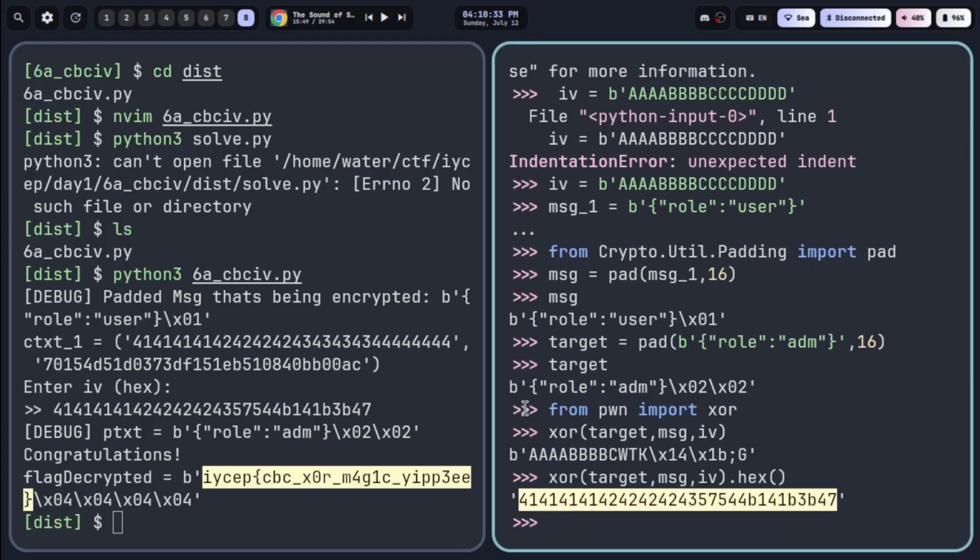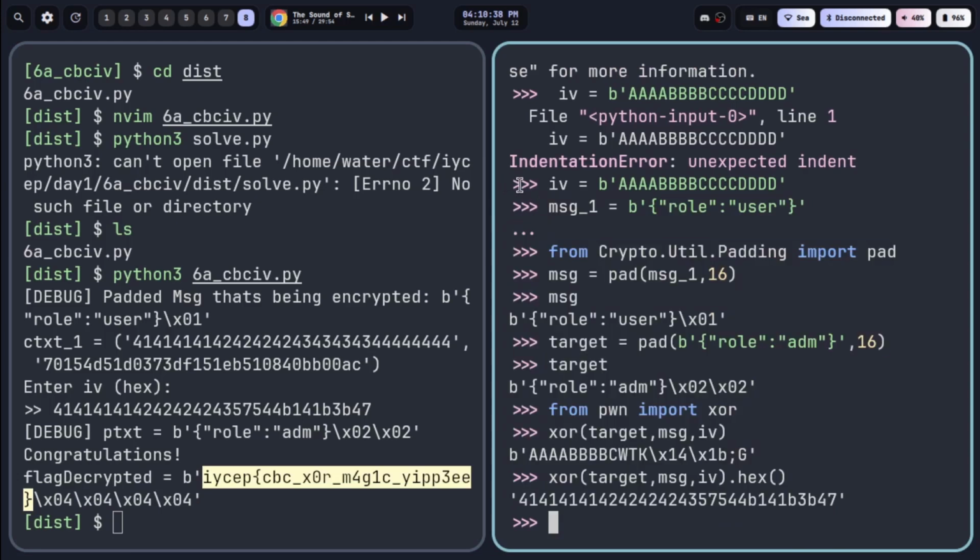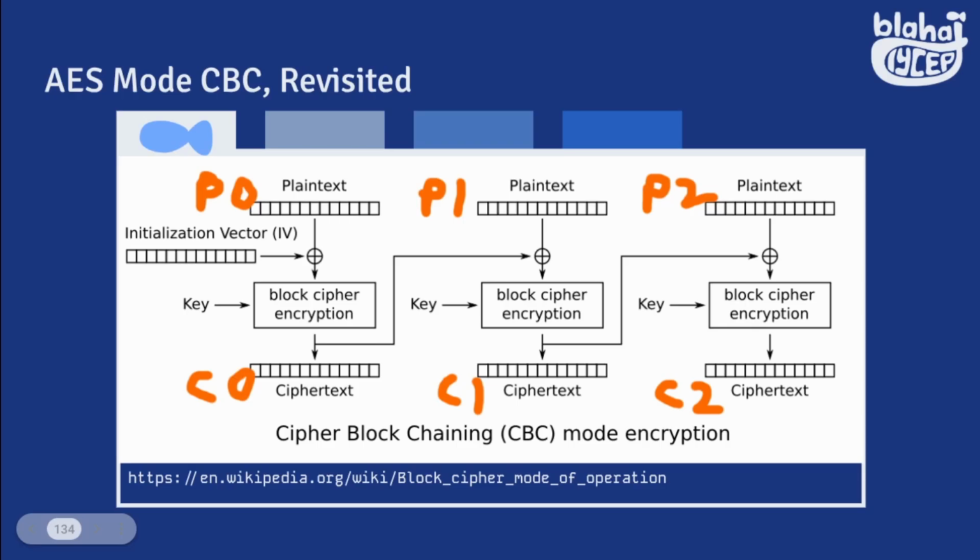Okay, I'll give you a bit to copy. It's just these few lines, so up to the IV line. Okay, and what? Yeah. Okay, so